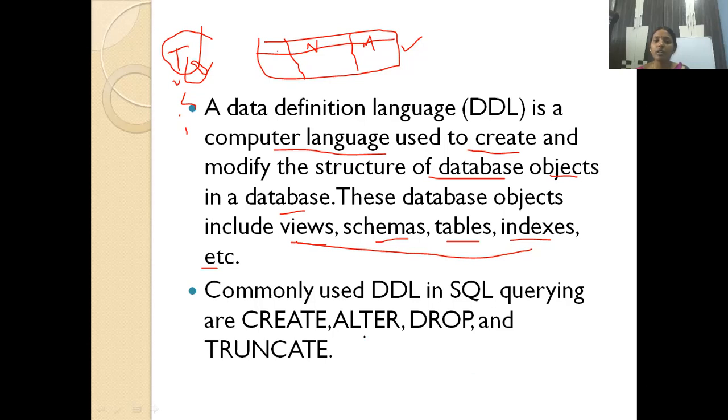Now, alter means what? Already I have three columns in this table. I want to add one more column, right? I want to delete these two columns. If you want to make such changes, we use alter. Drop means delete. Truncate also deletes, but we have a few differences between drop and truncate. We'll discuss that later. Now, the first command is create. So first we are going to see the create command. Don't get confused with DDL and the next class's DML commands. DDL is used only for table structure and DML for table data.